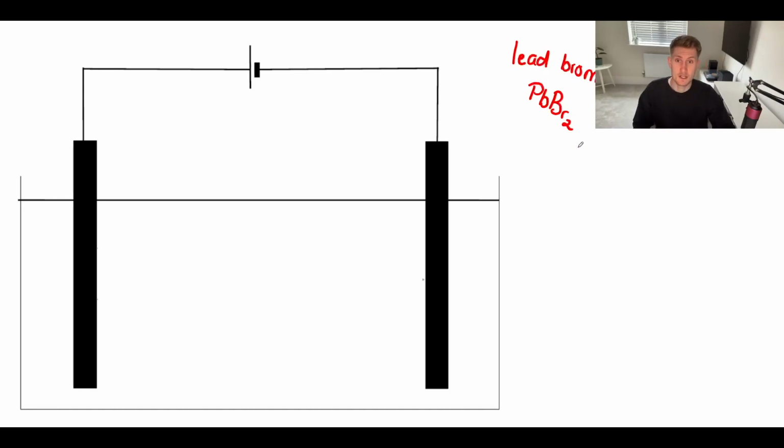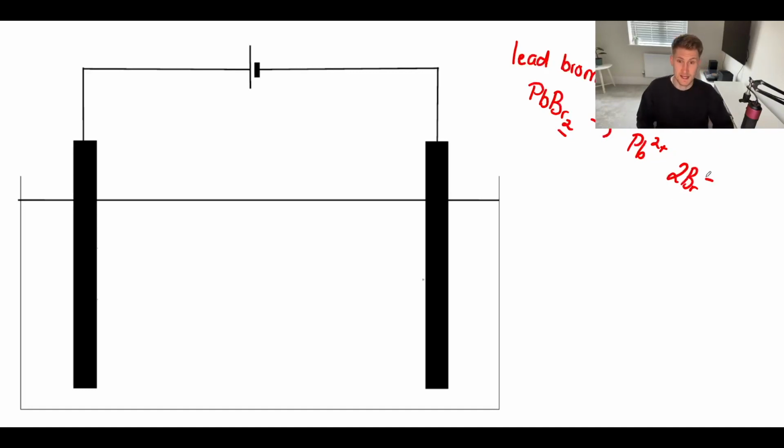And the reason it's PbBr2 is because lead is a 2+ ion and bromine comes as a minus ion. So I need two of those to cancel out the 2+ on the lead. So if this was to break down in solution, to be dissolved, or to be melted, I would have these ions. I would have 1 Pb 2+ for my lead, and I would have 2